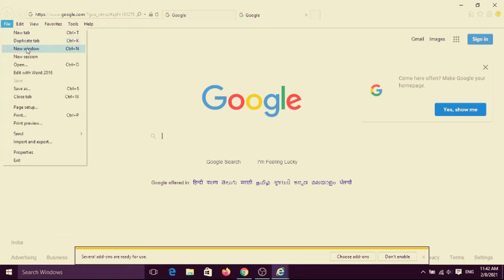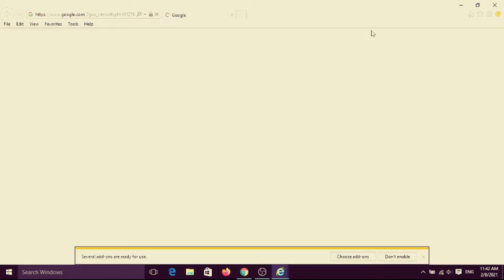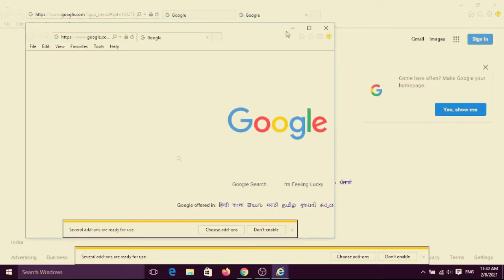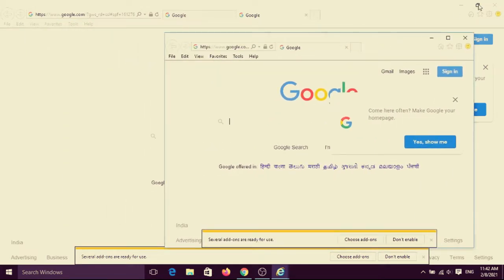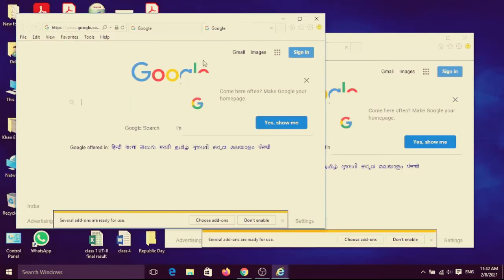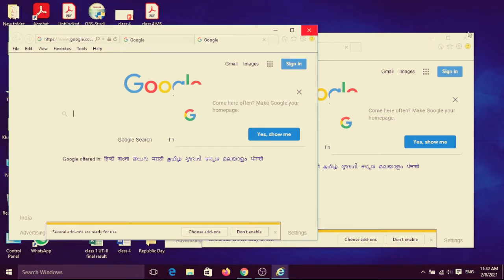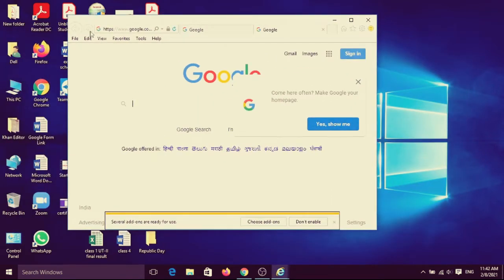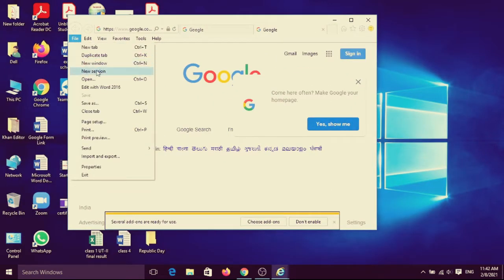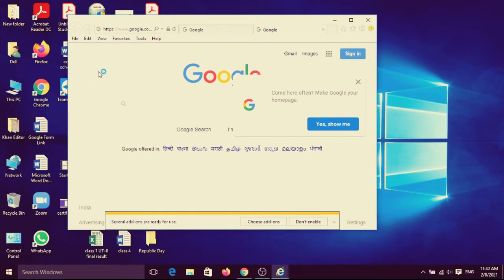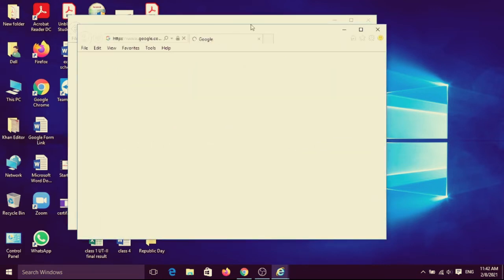When you click on new window, a new window will appear. See, it is a new window, which means there are two windows here. One is this side and the second is this side. So there are two windows. I want to close. Then click on File and New session, and it will become a new session for a new window.